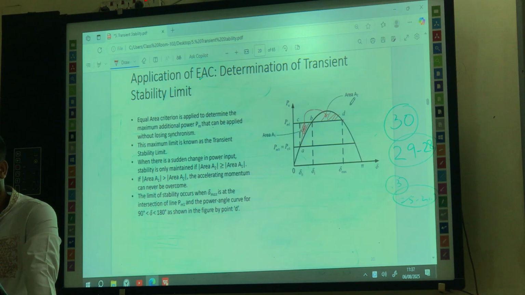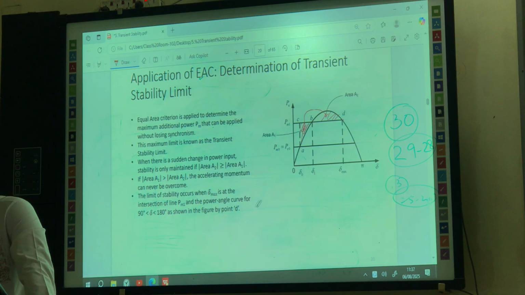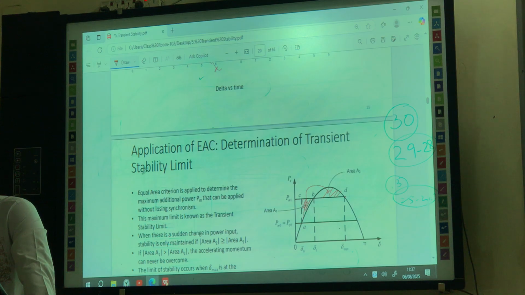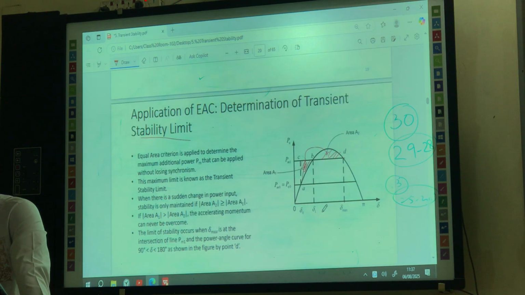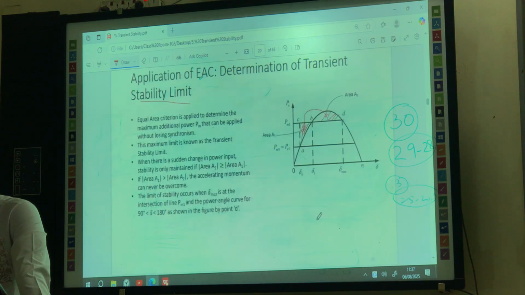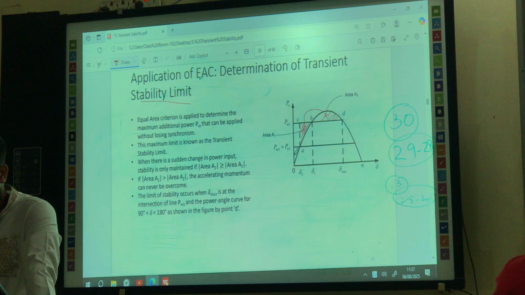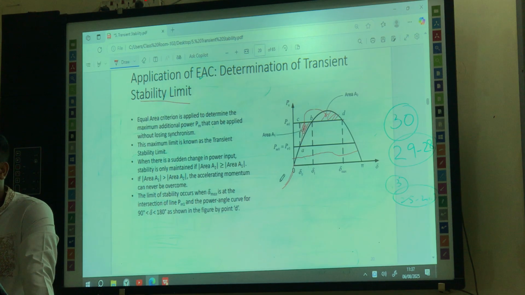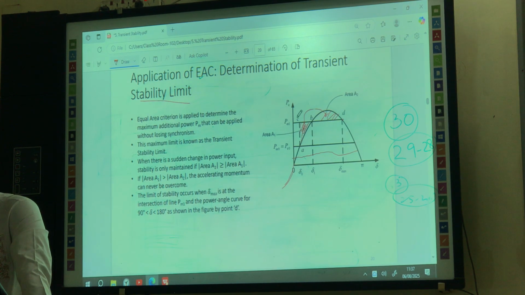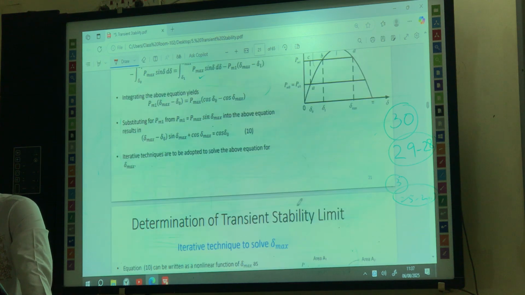And from that discussion, you will find the stability limit. What will be your stability limit? Okay, that will get determined. Like this. Then that will be another scenario. Maybe it will go in the over region. So we will discuss this thing only for the higher case. Okay. So these things will be discussed in